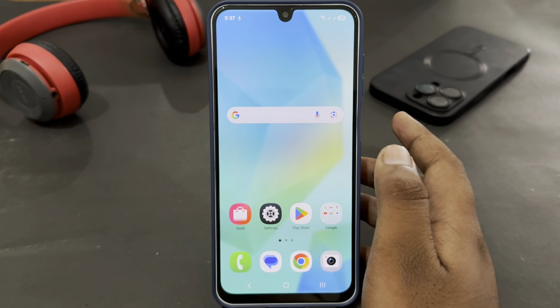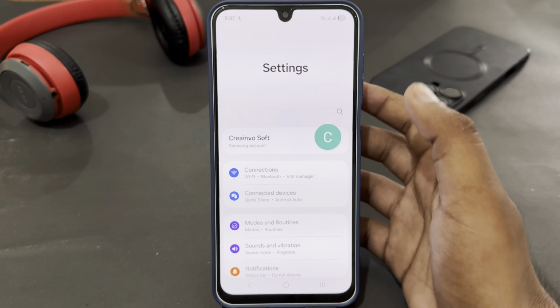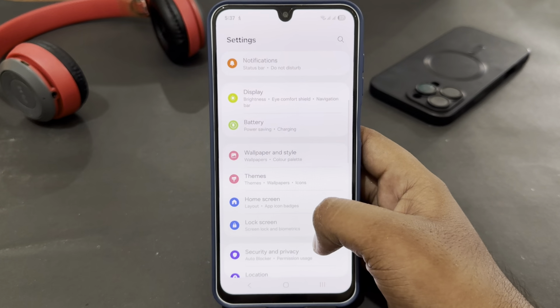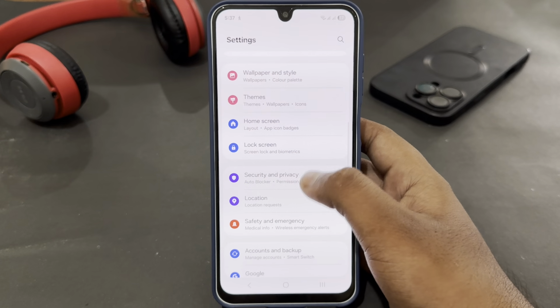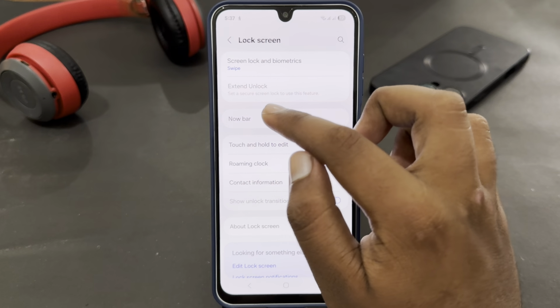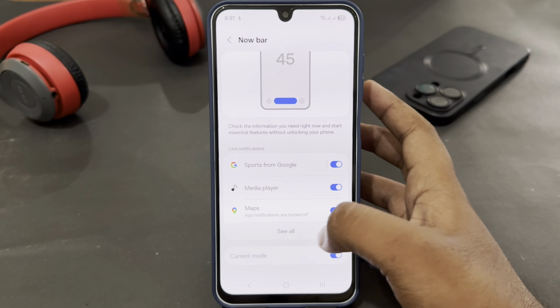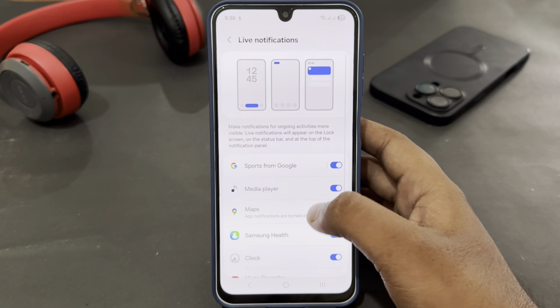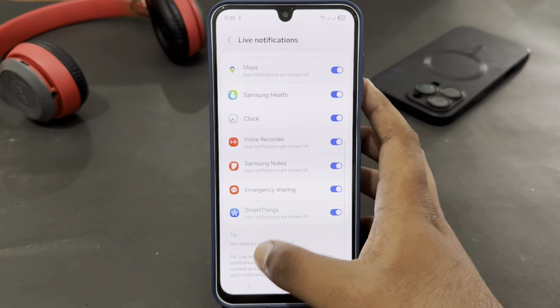You just have to open your settings and scroll down and look for lock screen, then select navbar, and here you have to make sure that you have enabled these toggles. Once you have enabled them, you have to go back